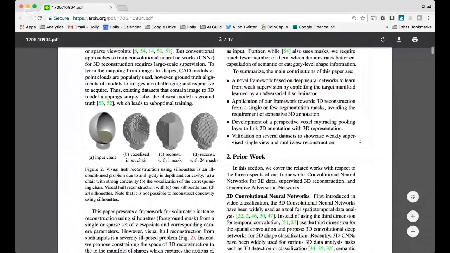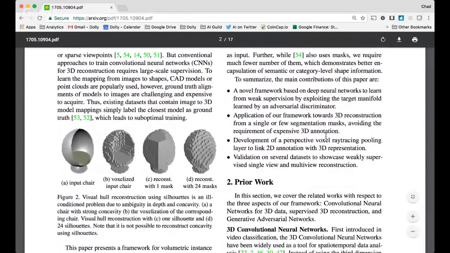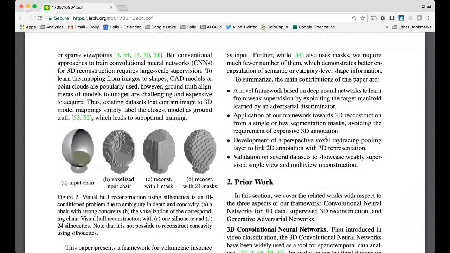So in Figure 2, we present a ball-type chair that has a concavity inside the chair, and then we show that even when we have 24 masks, it's impossible to reconstruct this concavity because the silhouette itself is a weaker form of supervision, and it can only reconstruct a visual hull. So to improve this lack of information, we use the discriminator as a